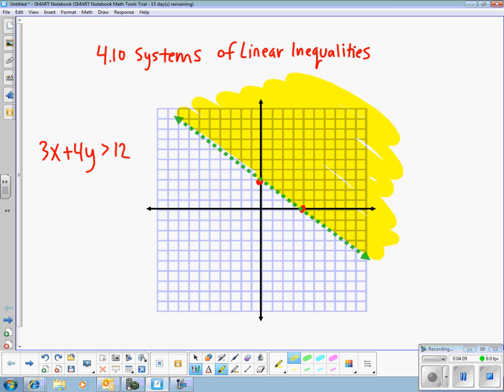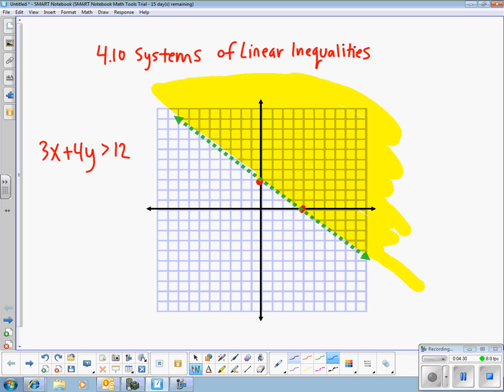Okay, so that goes on and on and on, up and to the right. Anything below this line does not give me a true statement. All right, so all that yellow area is the solution to this first inequality. Okay, so since this is systems of inequalities, I'm going to put another